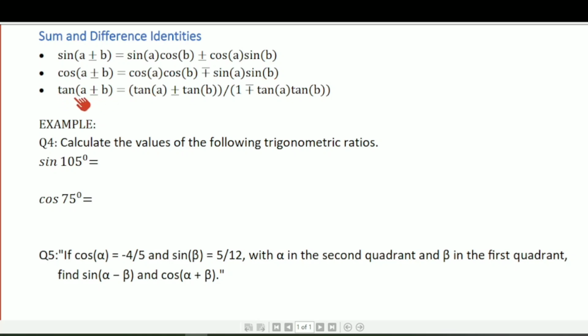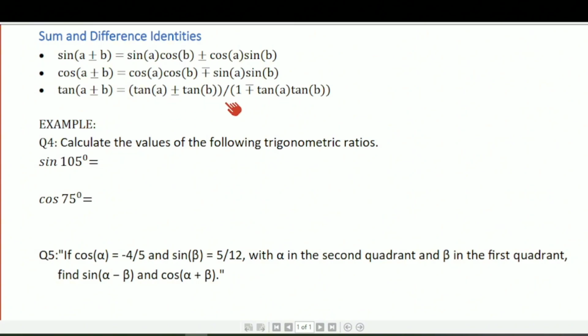Tangent of A plus B is written like this. The tangents of the angles are separated first. If there is a plus between the two angles, in the result, there is a plus between the tangents in the numerator. And if there is a minus between them, in the result, there is a minus between the tangents